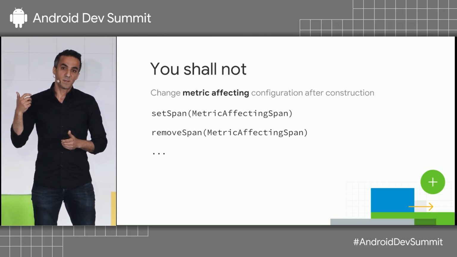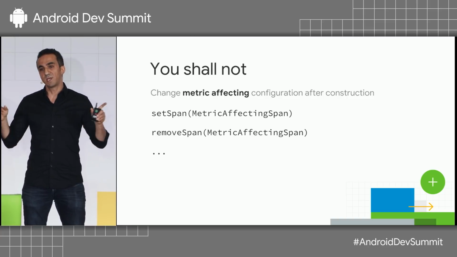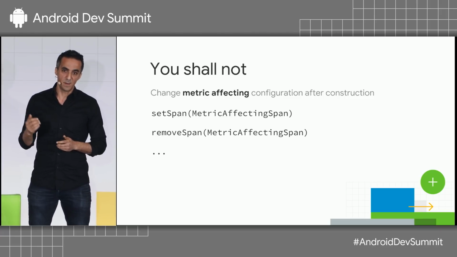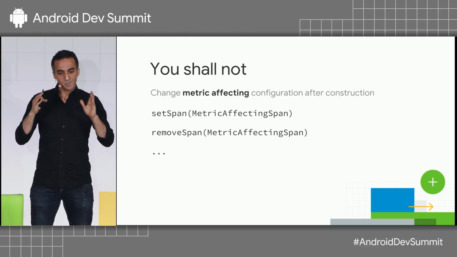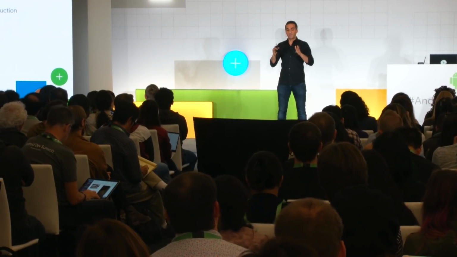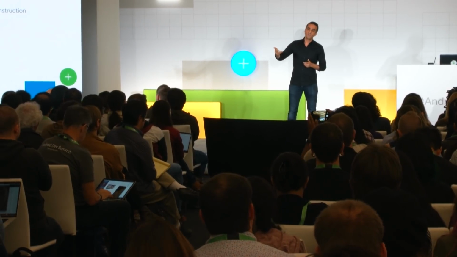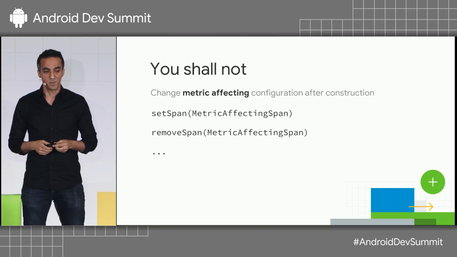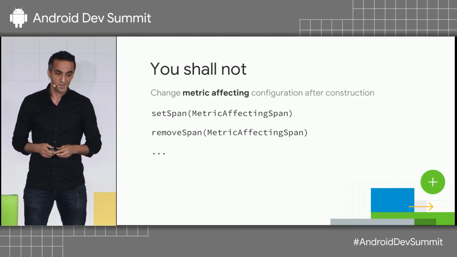Even though it implements Spannable, which is a mutable interface, every calculation that pre-computed text does is done at construction time. Therefore, you should not be calling setSpan or removeSpan functions with spans or styling information that will change how the text will look. Otherwise, you will get an exception, because that would invalidate all the computation and it would be useless.